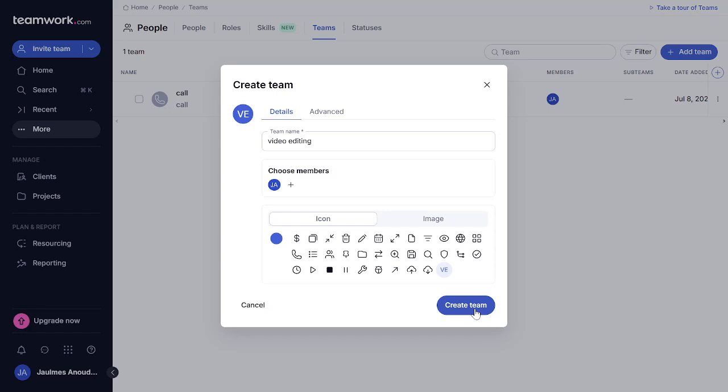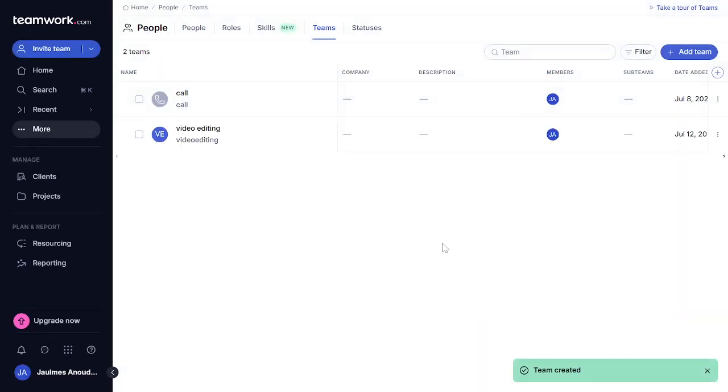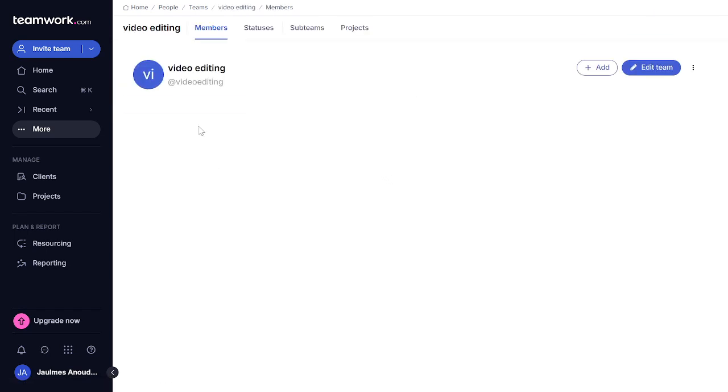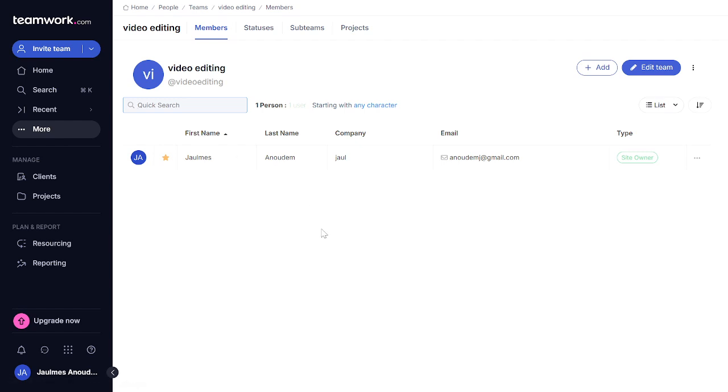Next up, let's talk about managing our teams. Back on the Teams page, you'll see a list of all the teams you've created. By clicking on a team name, you'll access a detailed page where you can modify team details, add or remove members, and manage roles. This step is crucial because it allows you to adapt your teams to changing project needs